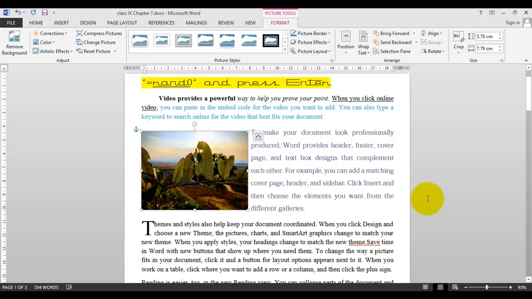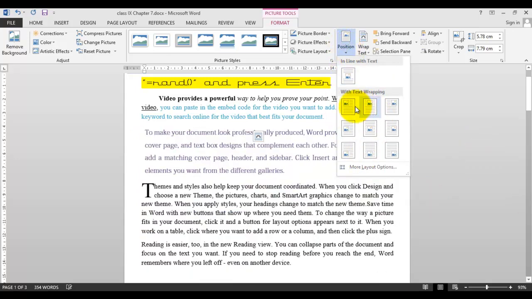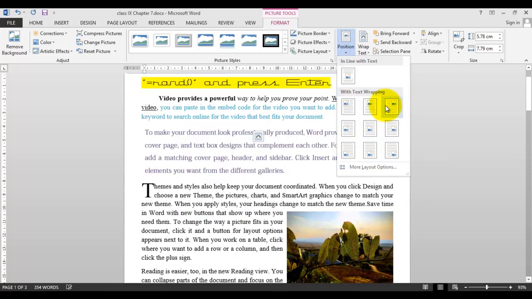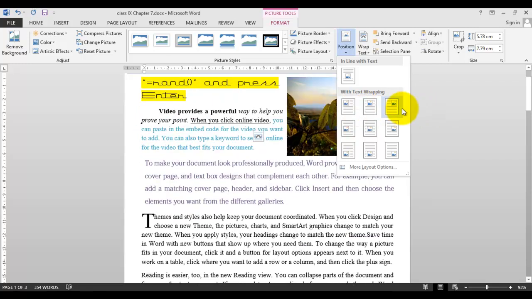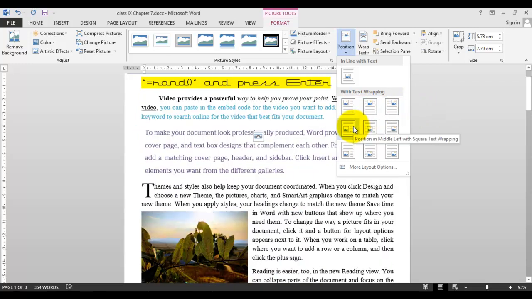And now if we want to resize or handle the proportion of the picture, smaller, larger, and position, here we are going to set the position of the picture like this. With your choice, you can select the top left position, top middle one, top right position, middle left one, center